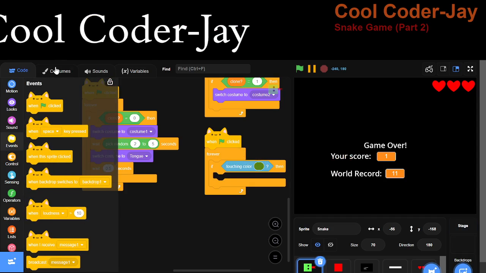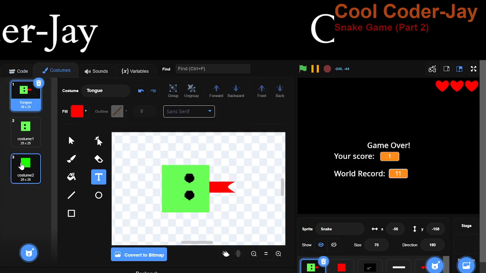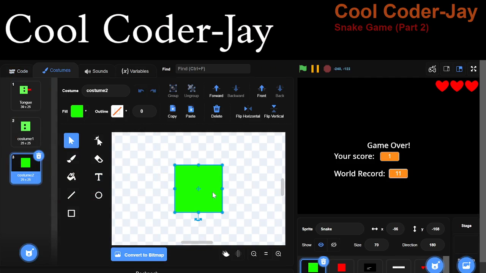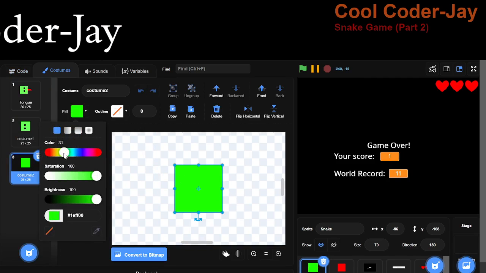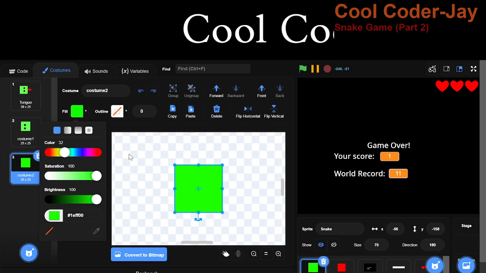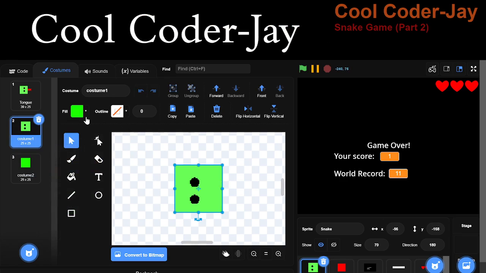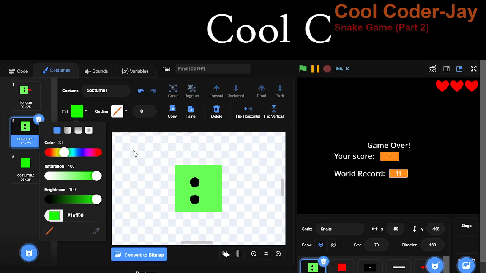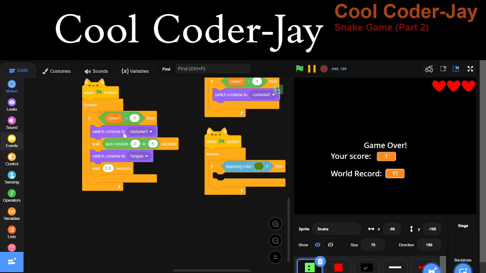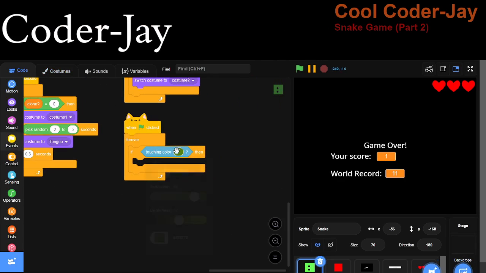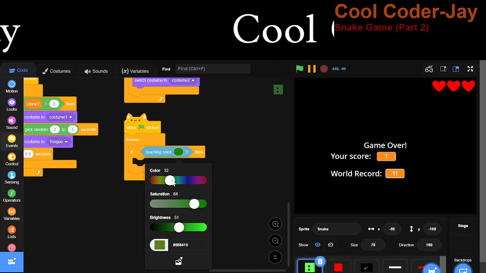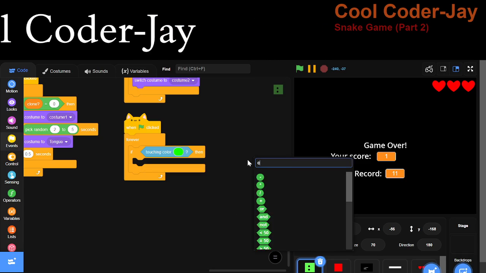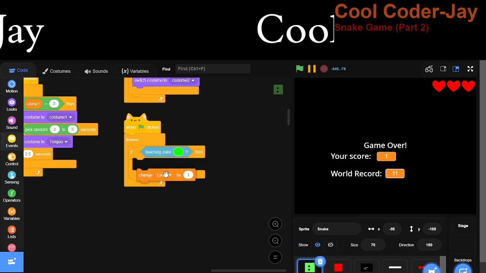Now we don't know what color it is, so in the costume sprite, select this square and see it sets the color to 3200, while the others will be 3100. Now in the code sprite, if touching color 3200, then change lives by -1.